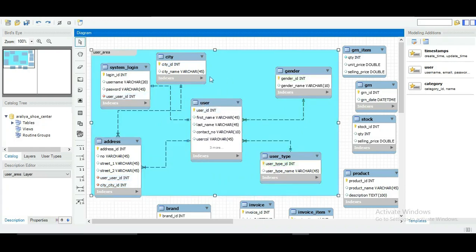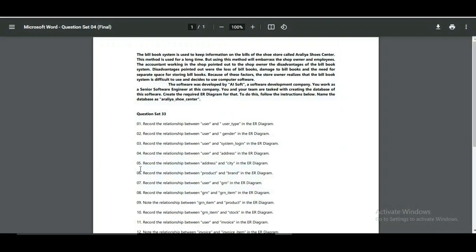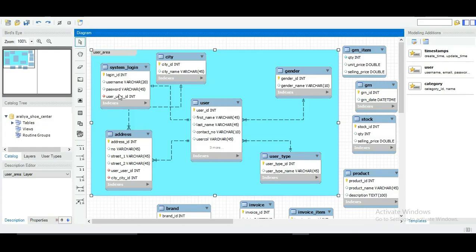And that will be the answer for the fifth question of this question set. And next, in the sixth question, I've been told to record the relationship between the product and brand in the ER diagram. So for that, what I'm going to do first is I'm going to create a new layer in this side,